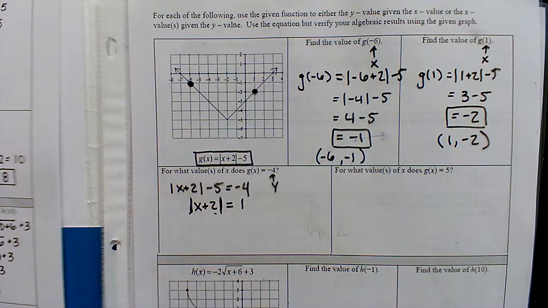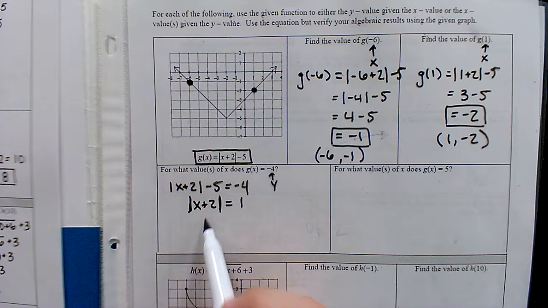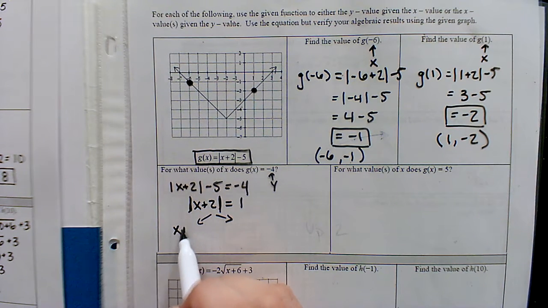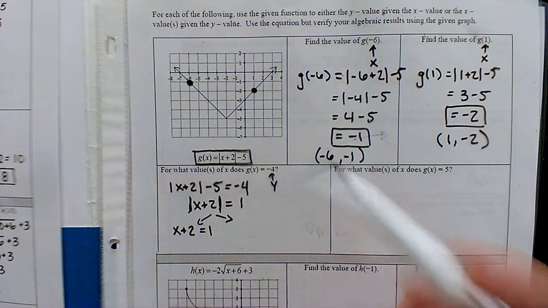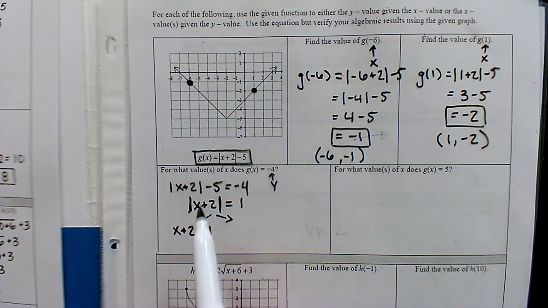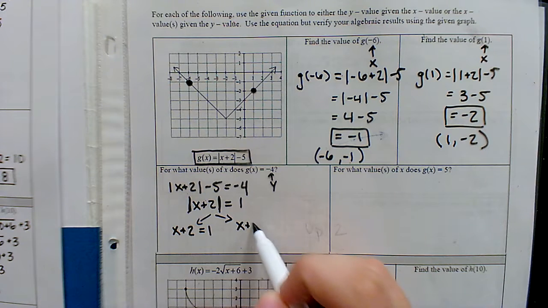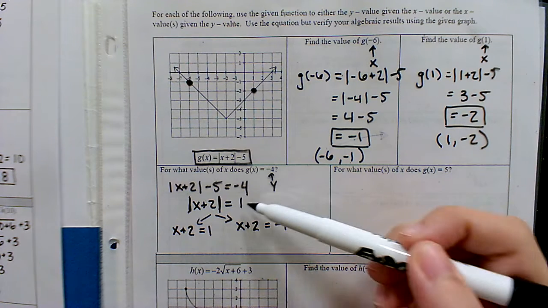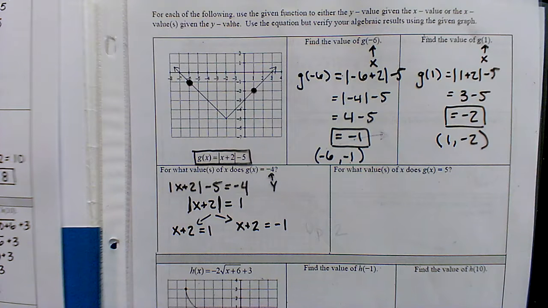What if your inside was positive? Or what if your inside was negative? So what we're going to do is break up this absolute value into those two different pieces. What if the inside, meaning x plus 2, was equal to positive 1, like this equation's telling us? Or what if the inside x plus 2 was equal to negative 1? We have two possibilities that might be inside this absolute value that would be giving us an answer of 1. Do we remember having to do that with absolute value functions? It might be a while, but maybe it's coming back. So we actually got to check this out twice. If we subtract 2,